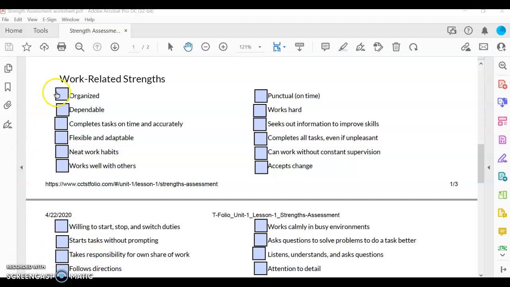You will then move on to work-related strengths, which are organized, dependable, completes tasks on time and accurately, flexible and adaptable, neat work habits, works well with others, willing to start, stop, and switch duties, starts tasks without prompting, takes responsibility for own share of work, follows directions, punctual, works hard, seeks out information to improve skills, completes all tasks